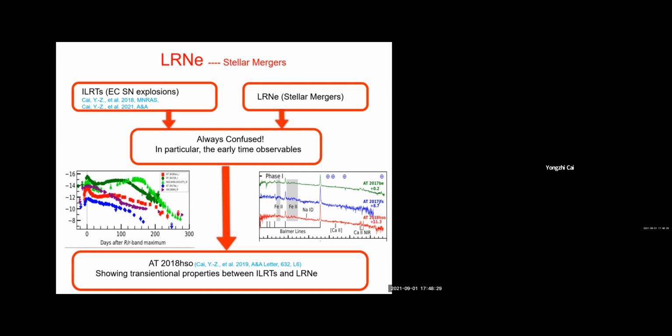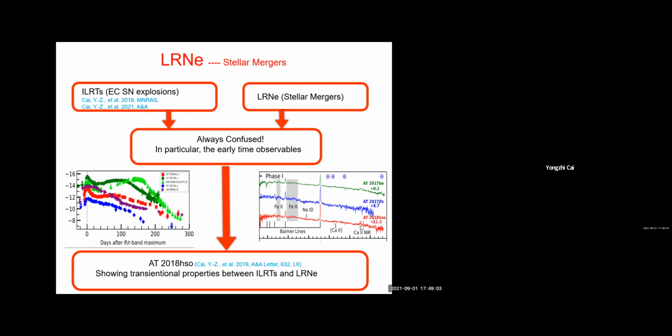So there are different subclasses of the gap transients, following different mechanisms. However, they are always confused, particularly at early times. For example, let's look at this picture. In the first 20 days, they have similar light curves. In the right picture, we can find their spectra for the luminous novae and the IRTs are very similar, with the prominent